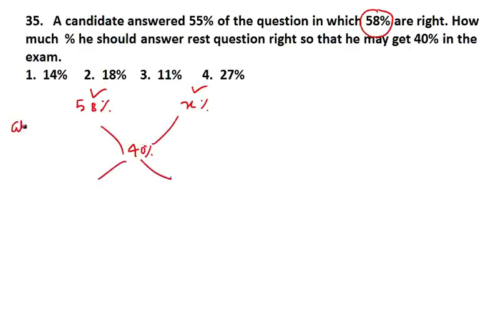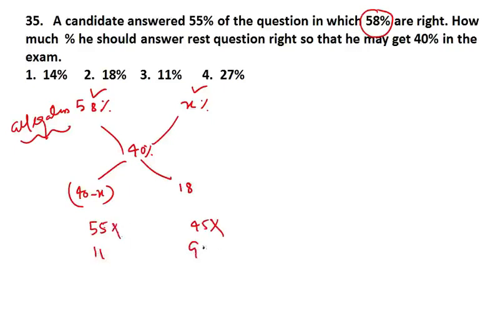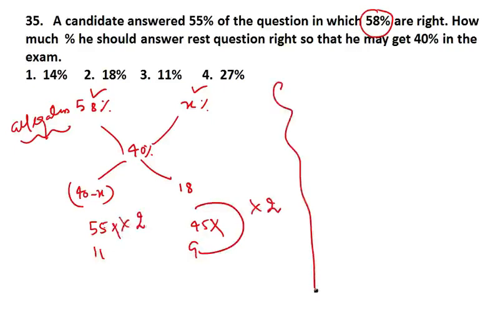This is in case you know alligation. If you do not know, no problem. When I teach you alligation, at that time I'll make this concept clear. So this is going to be 40 minus x and this is going to be 10. If you subtract, you get 18, but this is 55%, then the rest is 45%. Percent gets cancelled. 5, 11, 5, 9. So this represents 2, so this is also going to represent 2, which means